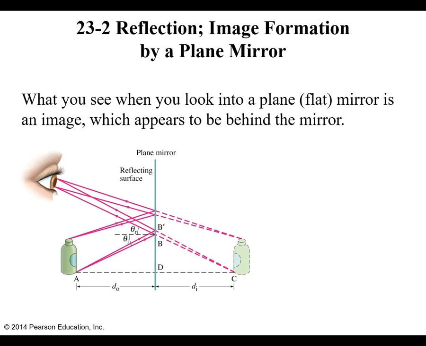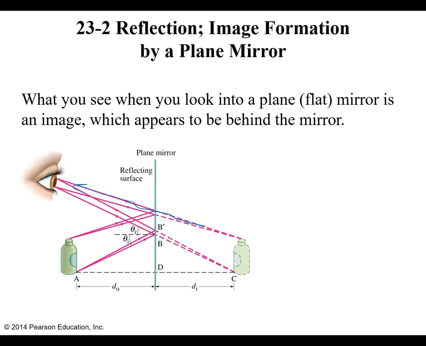Now, what you see when you look into a plane or flat mirror is an image. Basically what's happening is light comes up, bounces off of this reflective surface, and comes into your eye. Now, you have light coming from the whole bottle. We often just talk about coming from the top or bottom just to illustrate. But light's coming from the whole bottle, and all that light's reflecting off of the surface, coming into your eye,